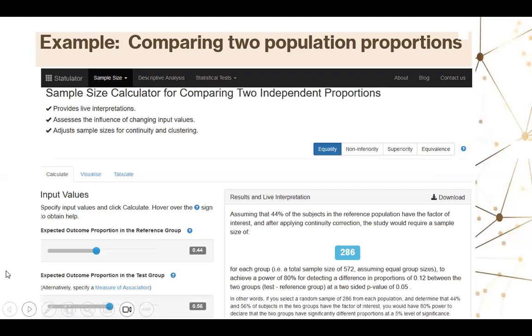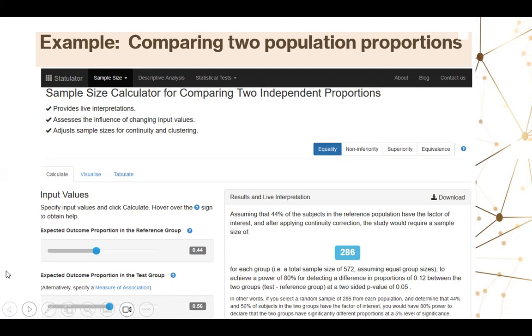To derive the desired sample size, I'm using now a different website. This is statulator.net. And one of the things that it allows me to do is to calculate for comparing two independent proportions. So you input the values here. There are two places. One is referred to as the reference group and the other is the test group. But basically, it could be interchangeable. And then you put in the values of each of those two groups that we just mentioned. And here you see what I wrote down, and then on the right, it gives you the desired sample size.